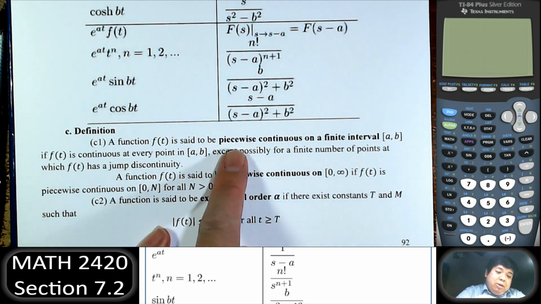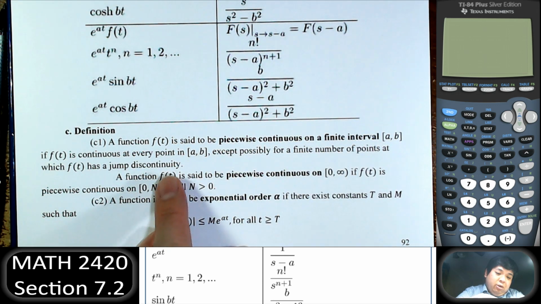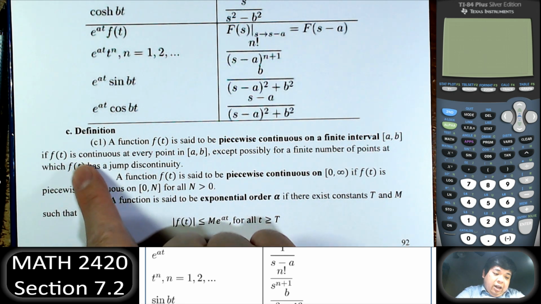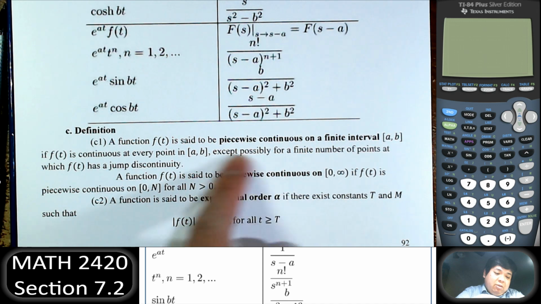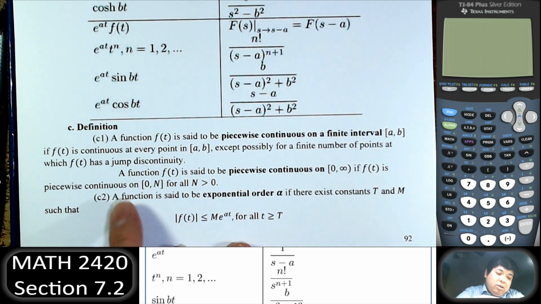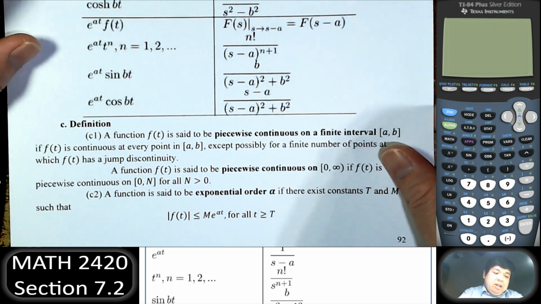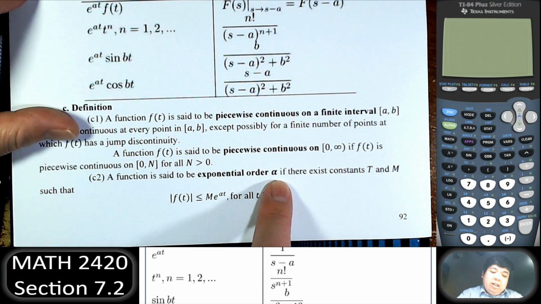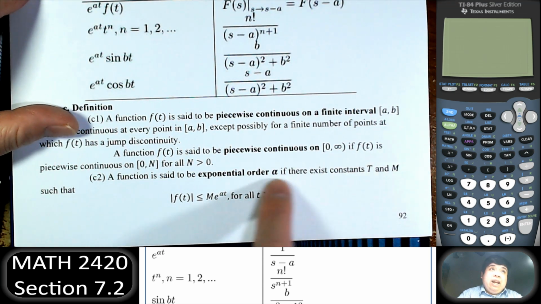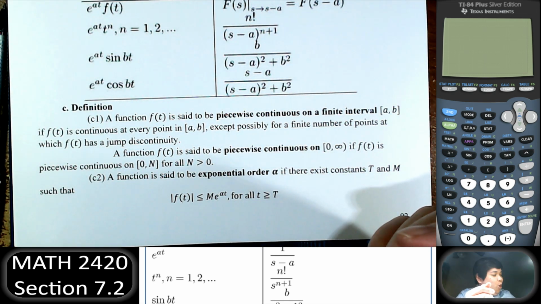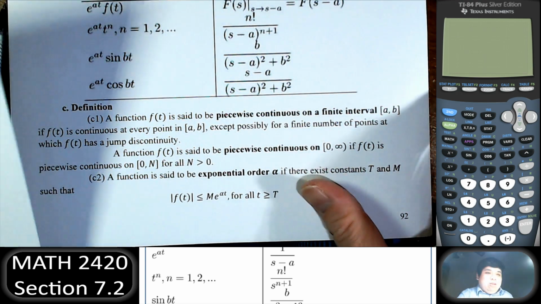The function is said to be piecewise continuous on a finite interval if it is continuous at every point except possibly a few points, and the function is said to be piecewise continuous if it is piecewise continuous from 0 to n when n is greater than 0. And the function is said to be of exponential order alpha if there exist t and m such that. We're not going to go too much into this, obviously. The definition of Laplace transform is